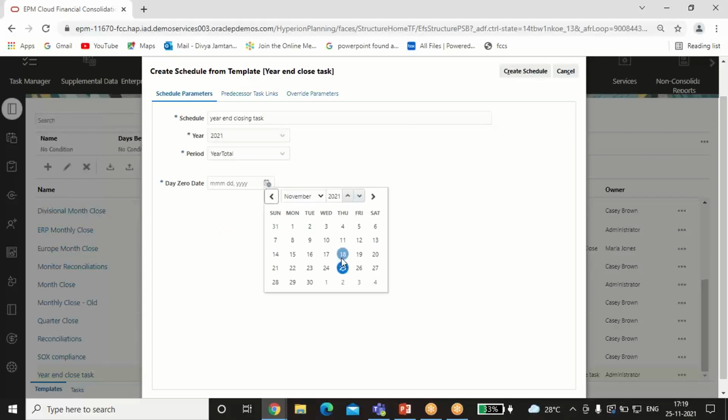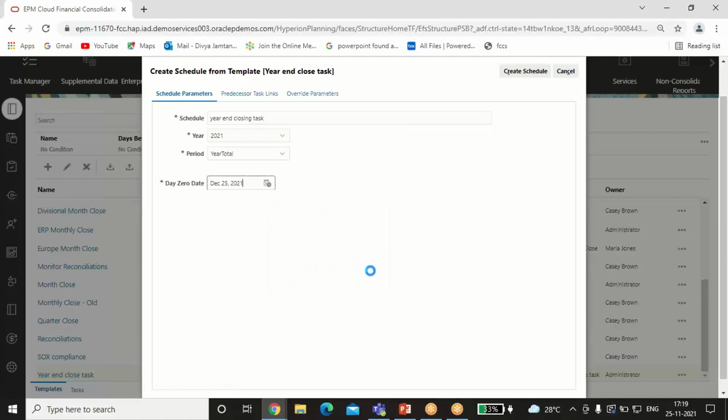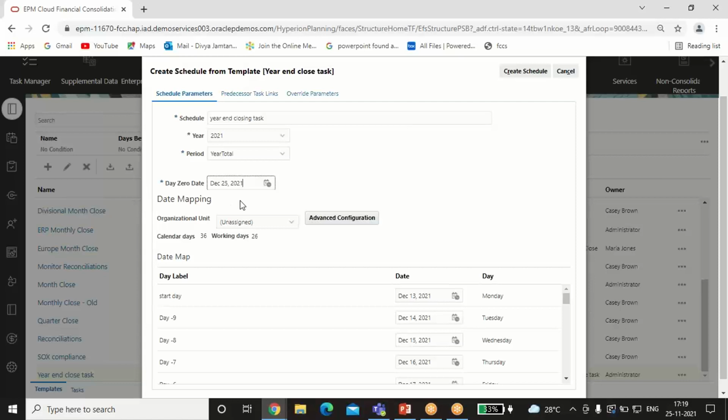So my zero date will be 25th December 21. Okay, this is my zero date. Tasks are scheduled based on the date you select for day 0. Each task is assigned a calendar date based on the number of days before or after day 0 that it was assigned earlier in the template.